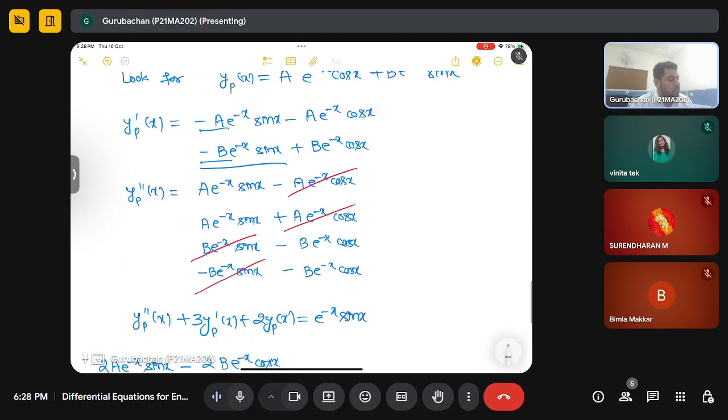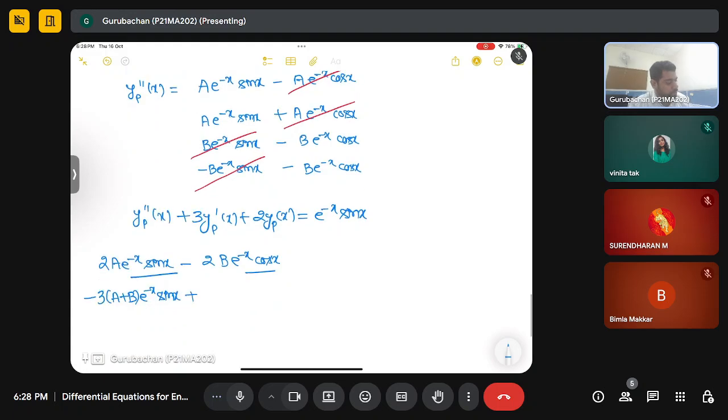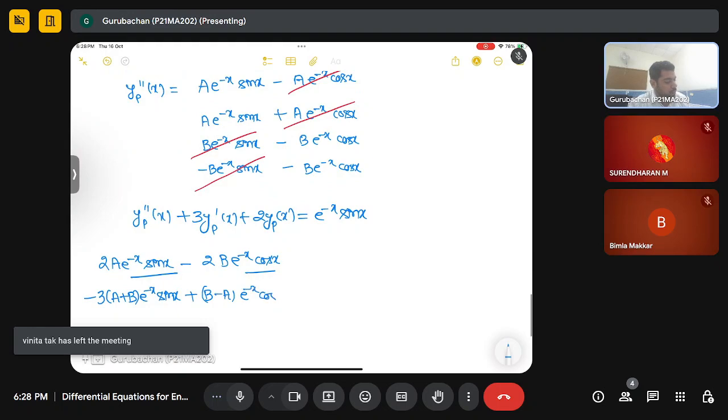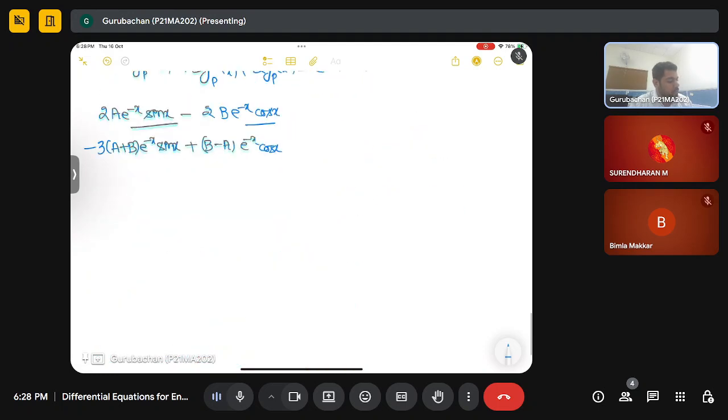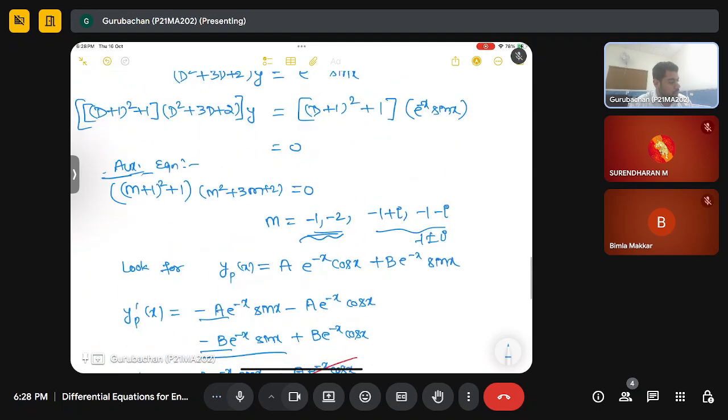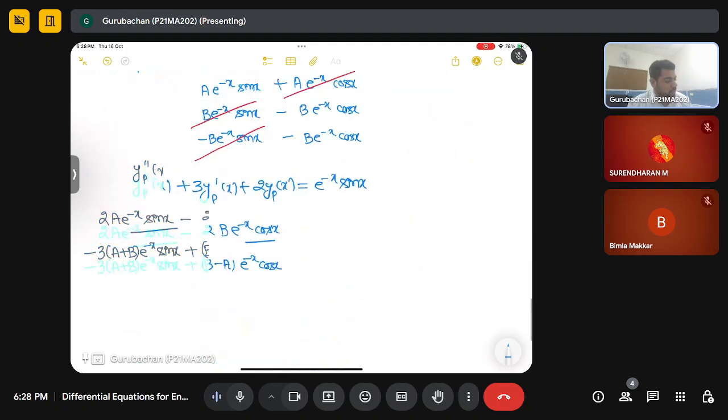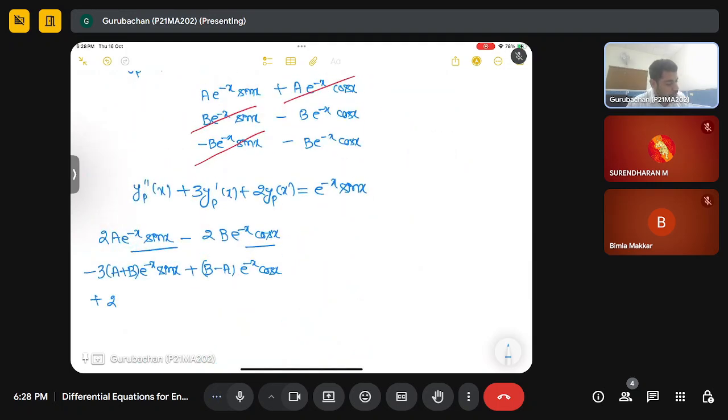Next one is b minus a cos x, and the last expression will be 2 times b e to the power minus x sin x, and 2 times a, and in the right hand side we have,